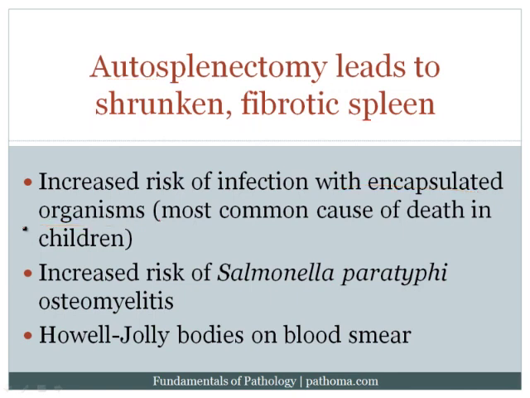A second complication of autosplenectomy is an increased risk of Salmonella osteomyelitis. And whereas the most common cause of osteomyelitis overall is Staph aureus, in patients with sickle cell, the most common cause is Salmonella. And then the third consequence of autosplenectomy is Howell Jolly bodies on blood smear. I've already explained this to you. Red blood cells normally remove the entire nucleus. However, in some cases, the nucleus may not be completely removed, and it's the job of the spleen to go in and remove that little extra bit of nuclear material. If the spleen is not present or not functional, that extra material will remain in the rare red blood cell where it actually was present, and that's called a Howell Jolly body, and I've already explained this just a few